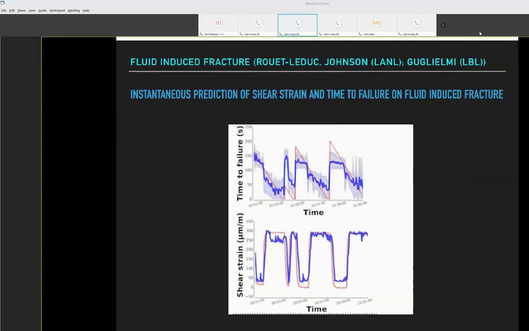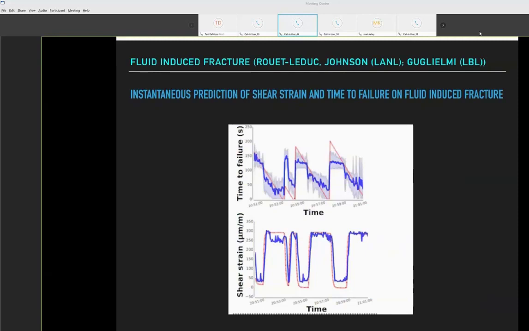Next slide, please. And I'll simply say that it looks like fluid injection faults behave like a tectonic fault does and a laboratory fault, which is to say, if you look at the bottom part of this figure, you see the shear strain as a function of time. For the actual measured displacement, shear strain as measured by Yves and his colleagues, the red dashed line, and the instantaneous predicted values from the model.